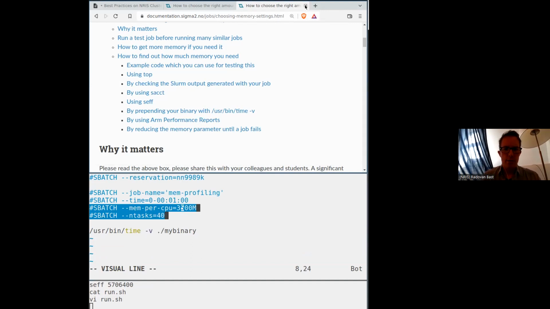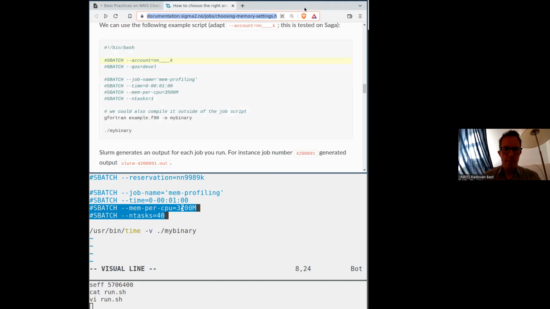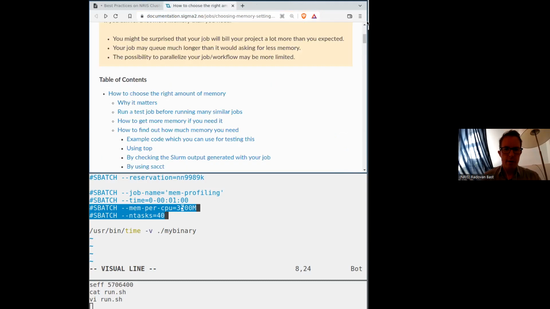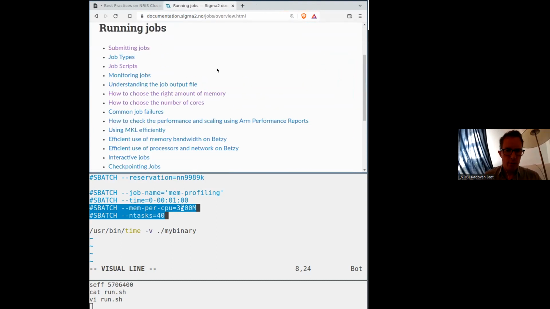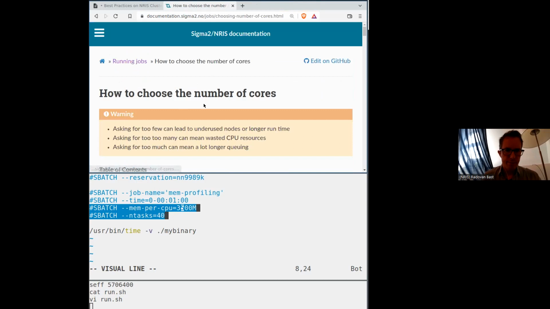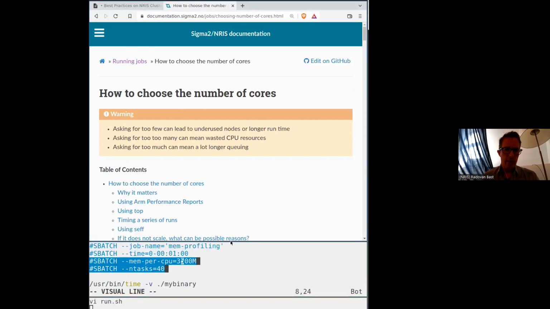So let me switch to the different page, which is also linked from the HackMD, and which discusses choosing the, well, no, I'm still on the wrong one. I want to go now to the number of cores. And the motivation,